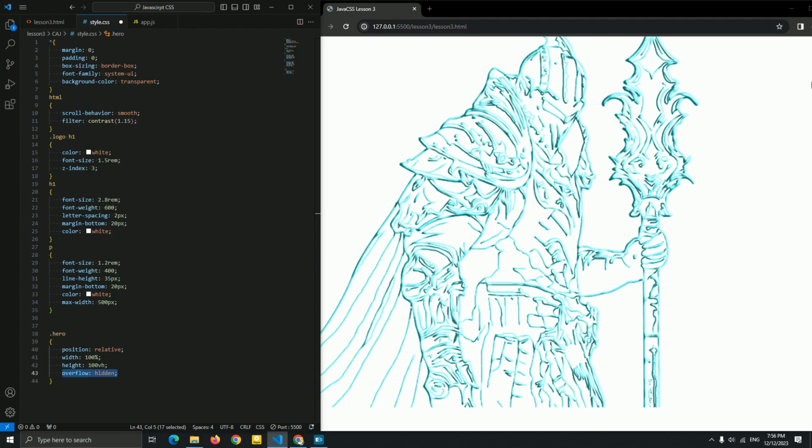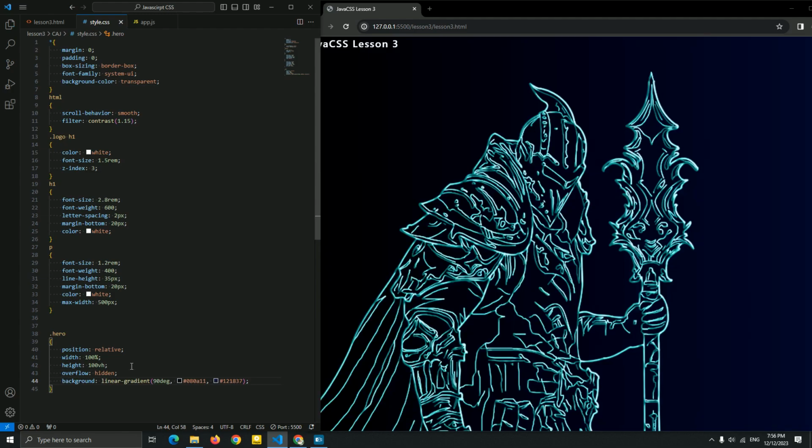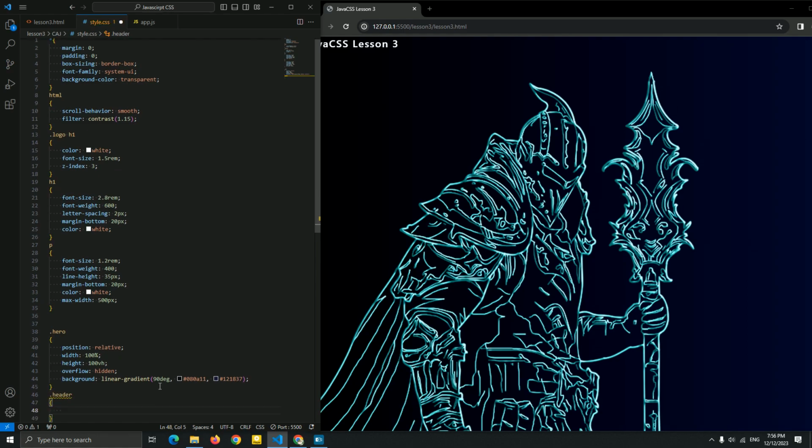This is why we get overflow X, and this is needed. And let me add a background. This is the first color and this is the second color. Okay, now let me add a header to go for the message. For the header, I'm going to add a padding of 10 pixels 4%.